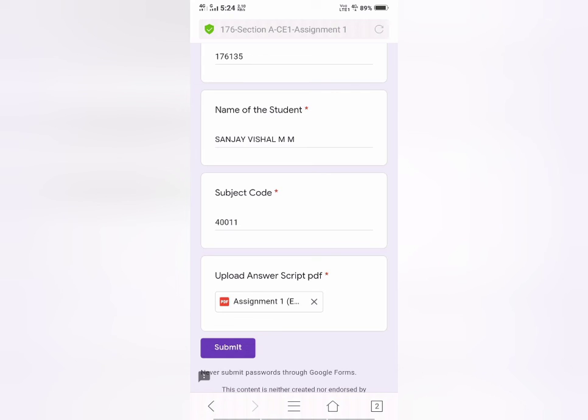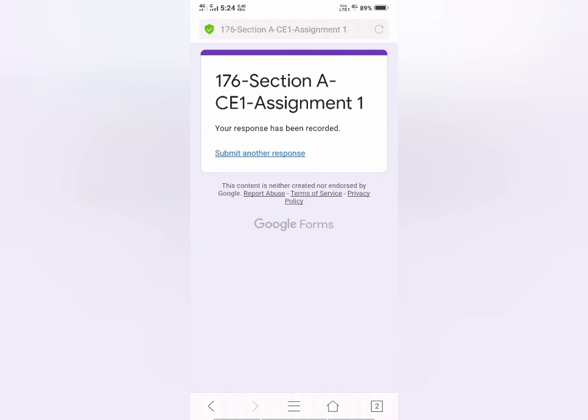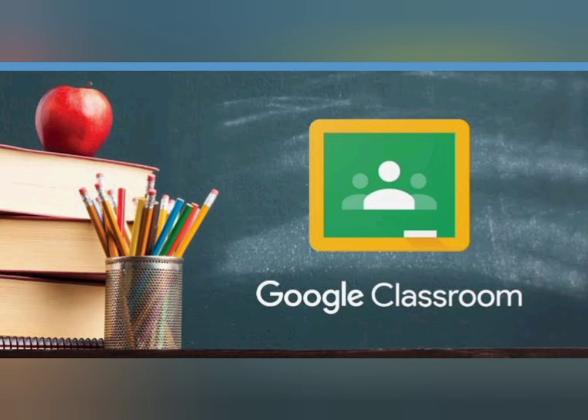Remember, the same procedures will be useful to you. You are going to follow the same procedures while you attend CAT 1 exam, that is to start from December 1st. The only difference is here you are downloading the question paper for assignment. There you will be downloading the question paper for your exam, CAT 1. And here also you are scanning the assignment pages.